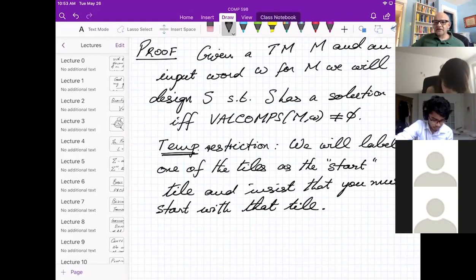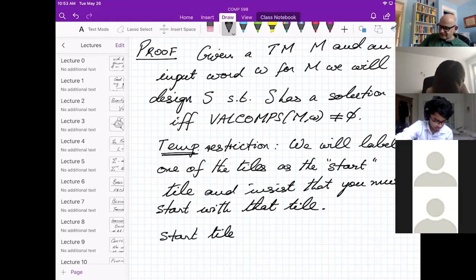Okay, so generic PCP is indeed, sorry, the acceptance problem can be reduced to generic PCP. Okay, good. Let's design tiles. Okay, so we'll label the start tile. So the start tile, I'm going to insist, looks like this.